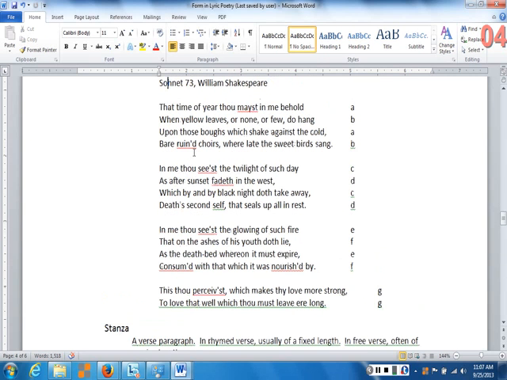And let's go back to our sonnet that we looked at in the first part of this lecture. That time of year when yellow leaves upon those boughs bear ruined choirs. 4 lines. And then a space, right? And then the next 4 lines, right? And then another space, right? And then a third group of 4 lines. 3 quatrains, but 2 lines here, all right?